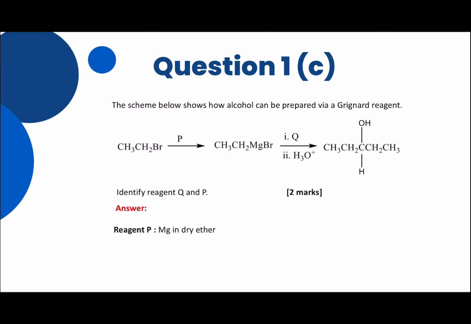And the last one, we need to identify Q. So the structure for reagent Q is based on what is the product that formed here. So you can see that this alkyl group is coming from this part. Hence, based on hydrolysis, we add hydrogen here and here. So I'm going to reverse the reaction. I'm going to remove this alkyl group, and also hydrogen here. And we are going to put a double bond between carbon and oxygen, and the rest of them stays the same. So you will have the structure for reagent Q like this one, which is our